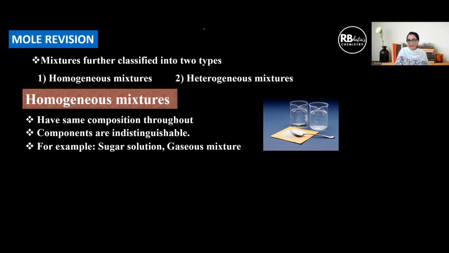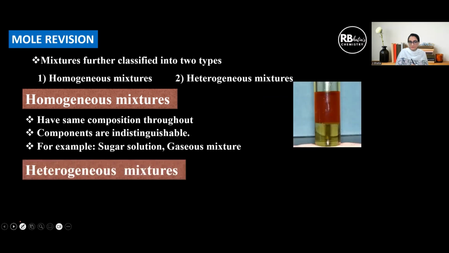Gaseous mixtures, such as a mixture of oxygen plus nitrogen plus even water vapor. When all these mix together, we cannot distinguish simply by looking at that mixture whether it contains oxygen or nitrogen or water. Clear? So it forms a single phase. Any number of gases when mixed together form a single phase, that is a homogeneous mixture. And all soluble solids in liquid or all miscible liquids together, they all form homogeneous mixtures.